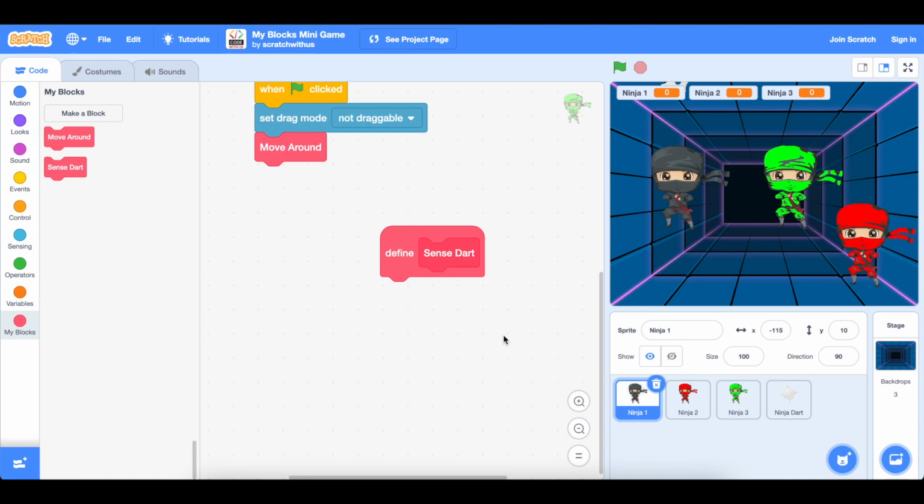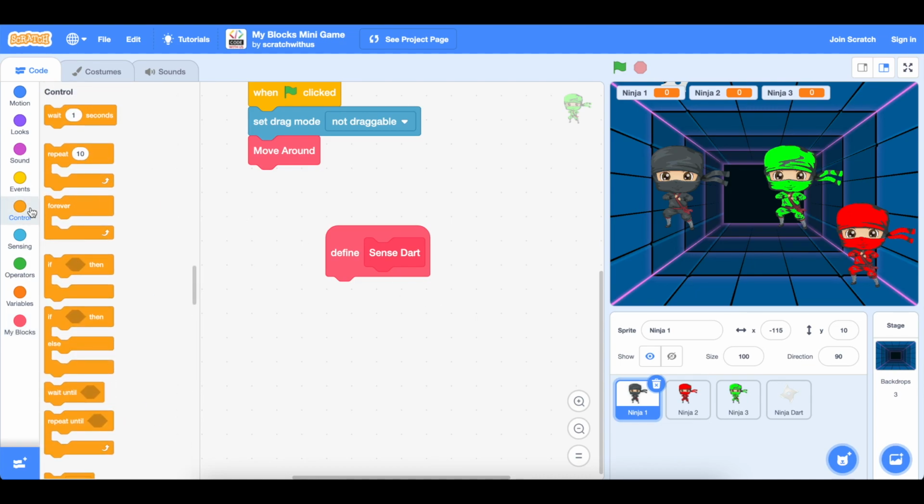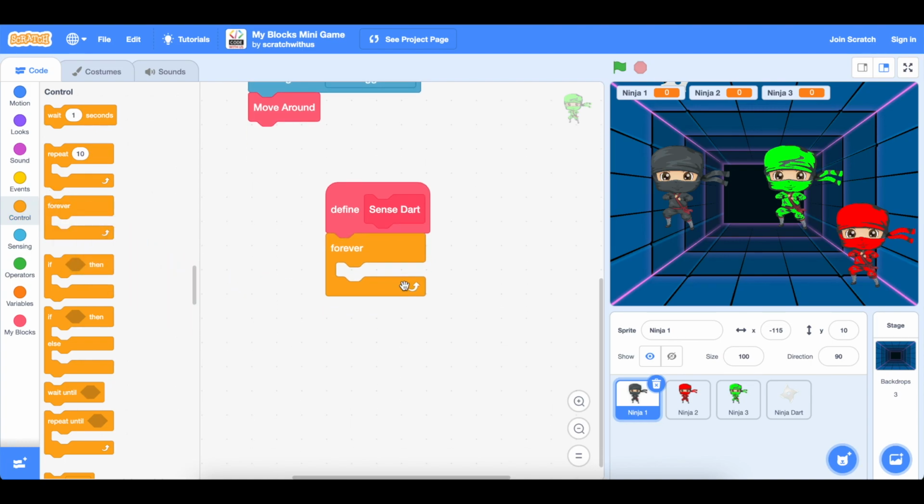Now let's pull out the define sense block a little bit to the bottom, just so we can have more space to define it. Under this block, we will add a forever loop. Go to Control and pull out a forever loop and put it right underneath, just like this. Next, we will need an if-then code block. So right underneath the forever loop, we're going to grab the if-then code block and put it inside of the